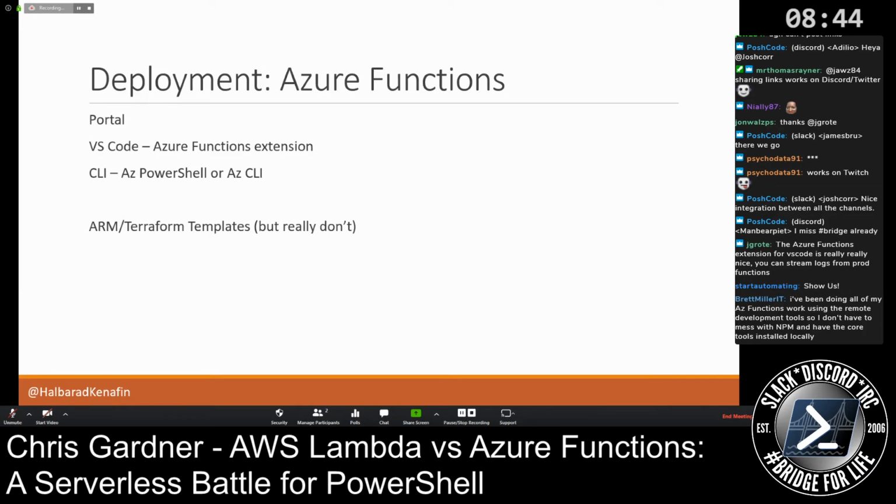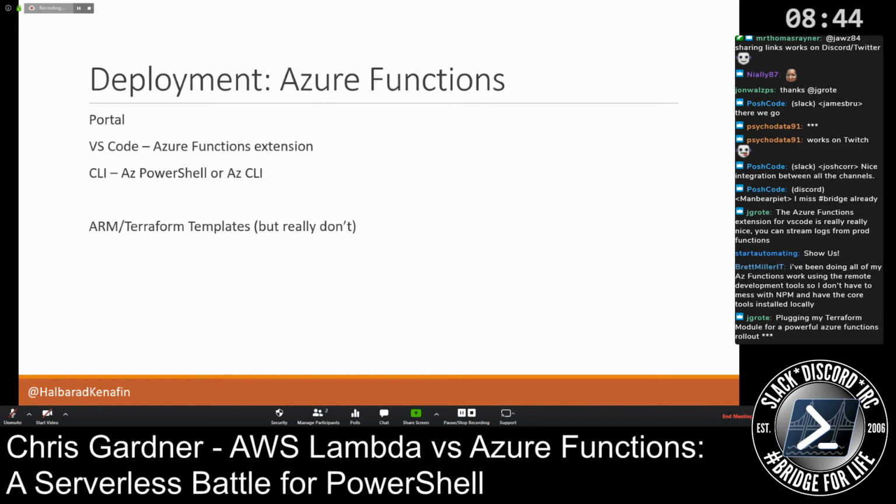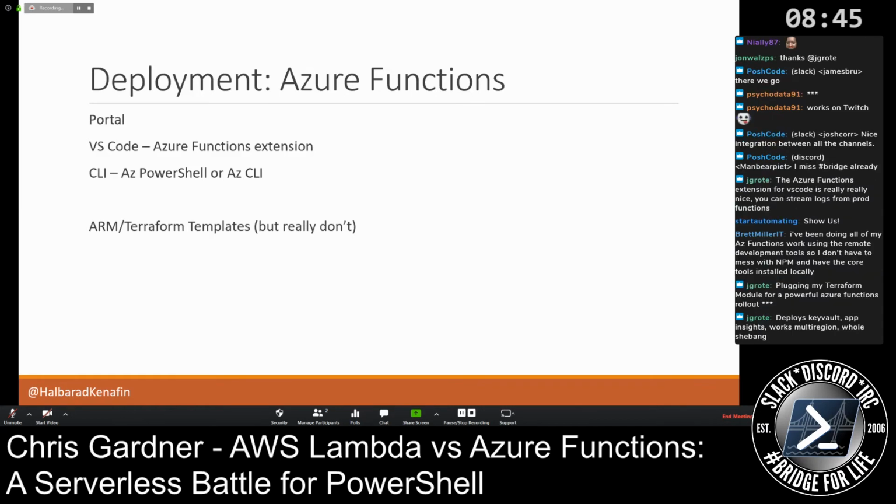The even worse way to do it is that you can specify files and their content inline in an ARM template as part of the function deployment. So if you really wanted to, you could convert your PowerShell script to a JSON-escaped single line string, and just push it out through your ARM template. If your function's 2 or 3 lines, that's probably fine. If it's 20 or 30 lines, that's getting really awful, and you definitely shouldn't be doing it this way in any way. It's just there if you really, really need it for whatever reason.